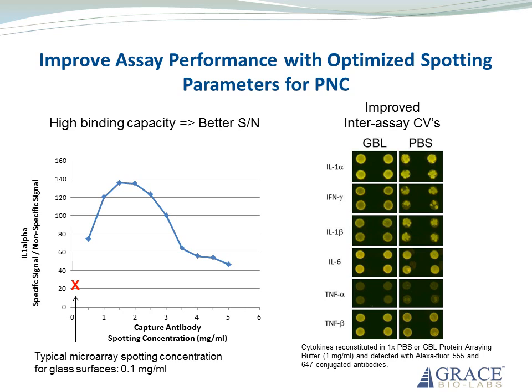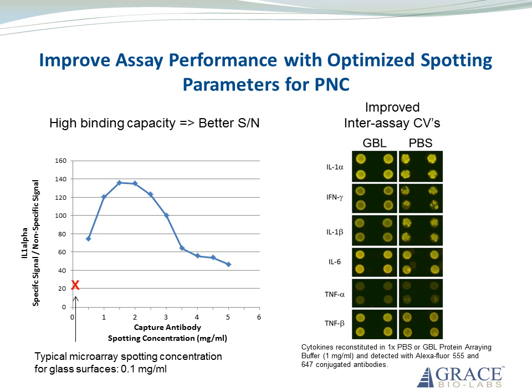Here are two examples of how to improve antibody capture assays with ONCYTE PNC by optimizing spotting conditions. In many instances, the high binding capacity of this film is not being used effectively. Typical spotting concentrations for antibody arrays on glass slides are marked with the X, around 0.1 milligrams per mil. As shown with IL-1 alpha, with ONCYTE PNC, you can spot 10-fold more capture antibody and achieve nearly 10-fold higher